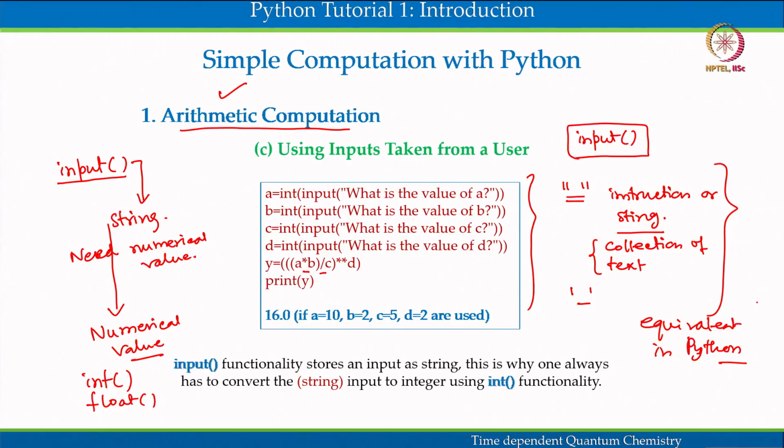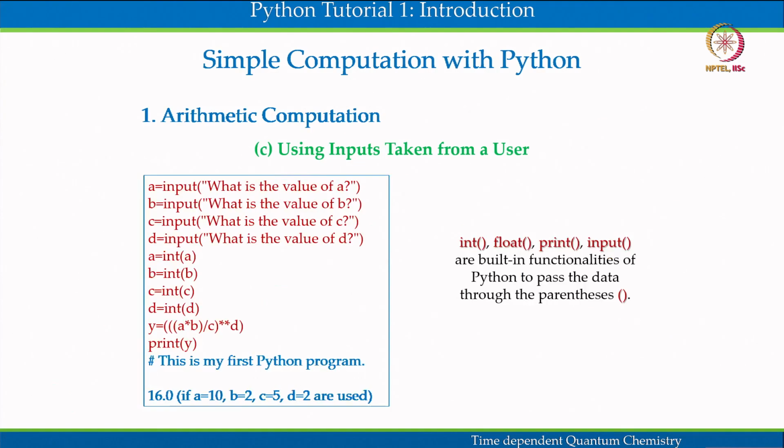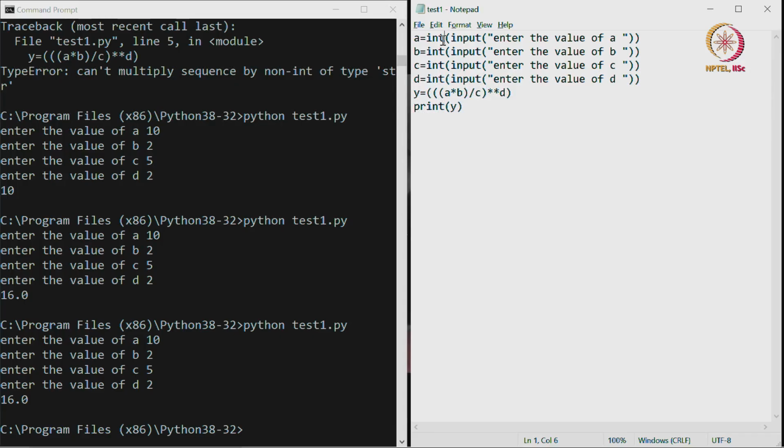In this tutorial we are learning Python for the first time, and so far we have shown how to perform simple arithmetic computation. We have seen that if I take the input from a user, I have to convert it to a numerical value, and there is built-in functionality in Python which you can use, either int or float, to convert a string to a numerical value. Now this can alternatively be done in a little different way, in different lines, and I will show that right now